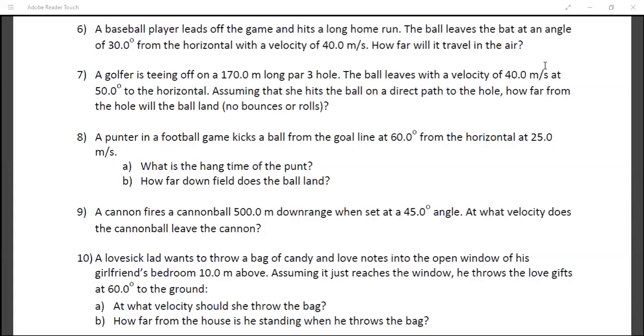So it should be u square sine 2 theta by g, right? So what will it be around? It'll be 1600 times sine 60, which is root 3 by 2, divided by 10. So 1600 by 10, so 160 times root 3 by 2, 80. So yeah, 80 root 3. Acha, okay, 80 root 3. So 139 something. Yes, should be. Okay, no problem.